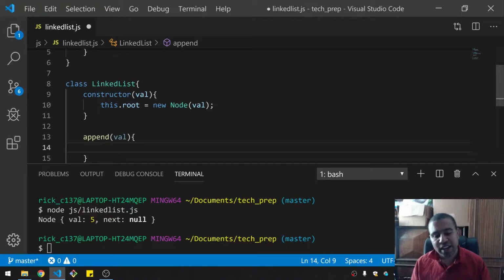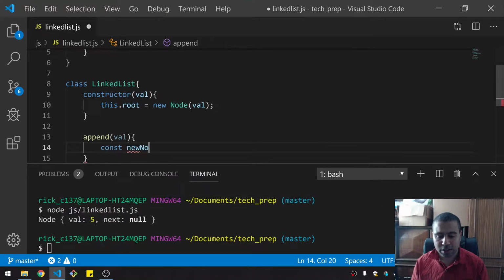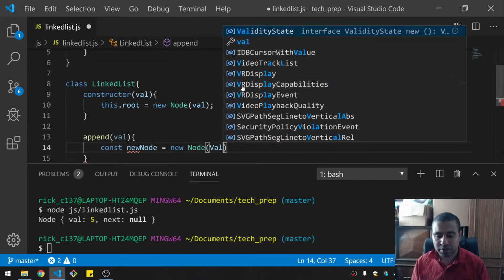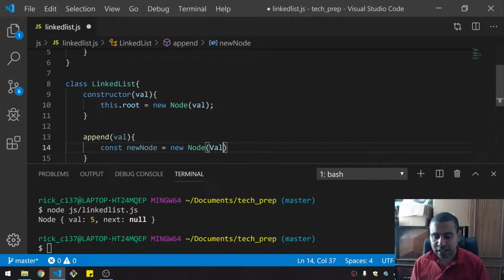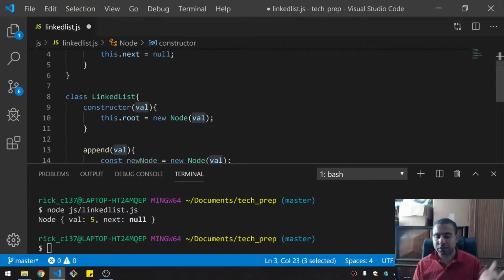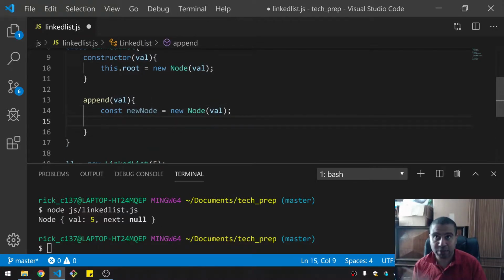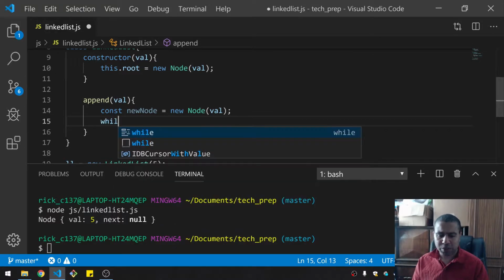It's been a while. Let me do a const newNode, new Node of the val. I'm not implementing any restriction on these values or anything. Just store it. This is just anything really. You can have an object or value or whatever you want here. It's just whatever element or kind of data you want to store. So we can do while